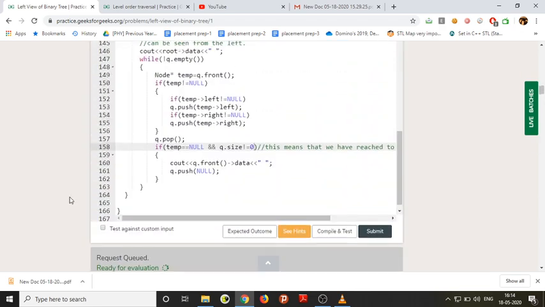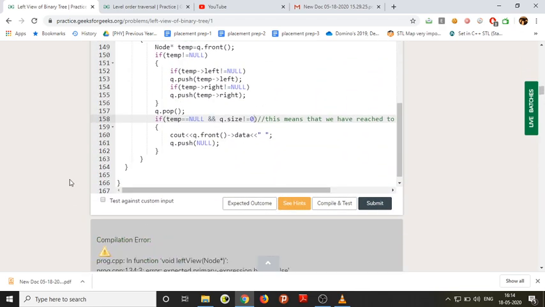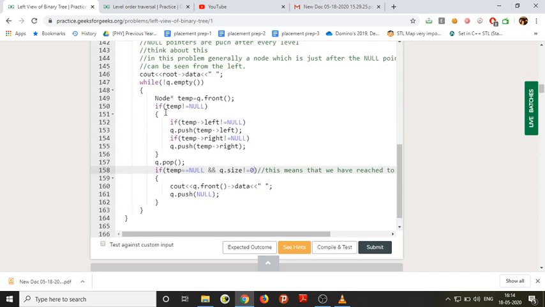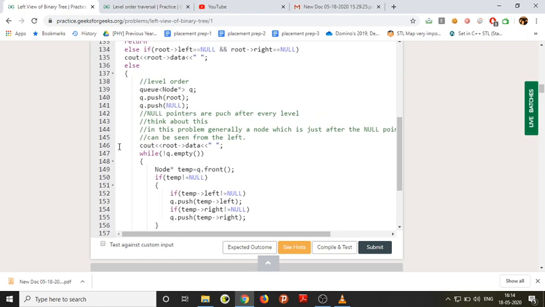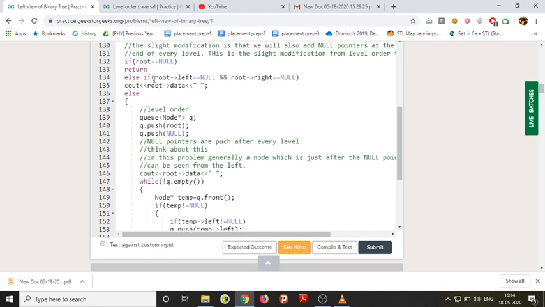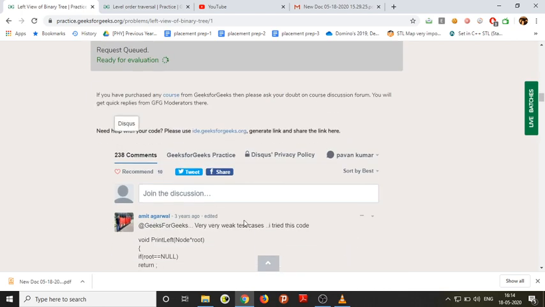Okay, let's compile. So there are so many errors coming. Okay, 134 and 3. Okay, return, sorry. Now let's compile.